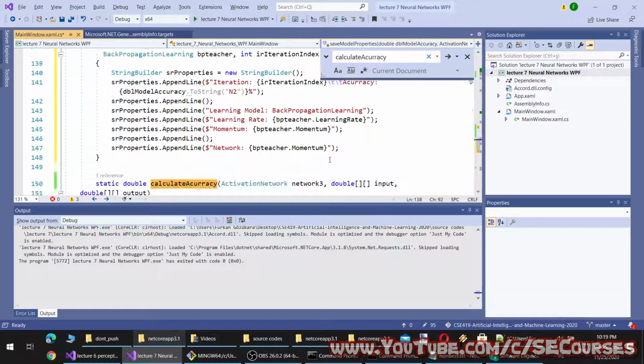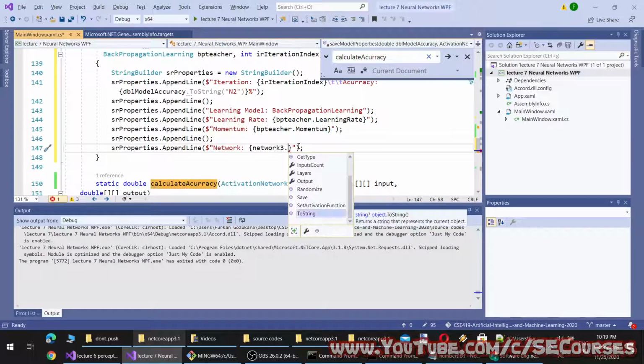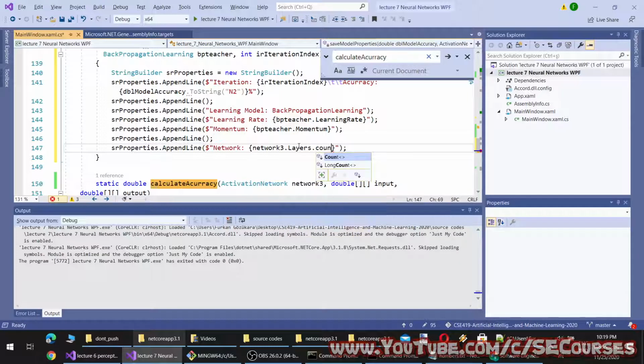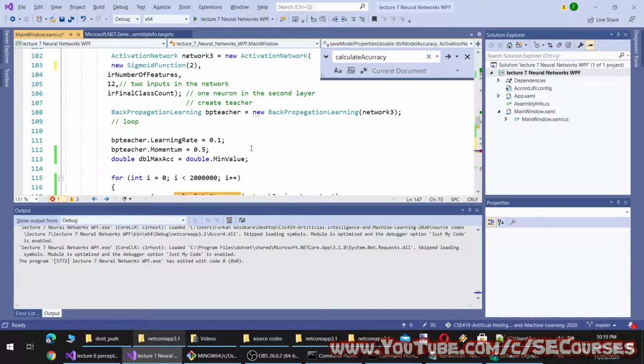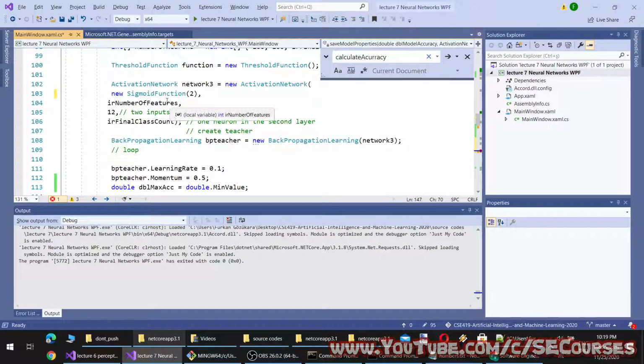Okay, activation network, and from the network, which data can we get? We can get the layers count, perhaps. I'm not sure. Okay, to get the activation network, I think I will save the activation network as it is, and the backpropagation network as it is as well.